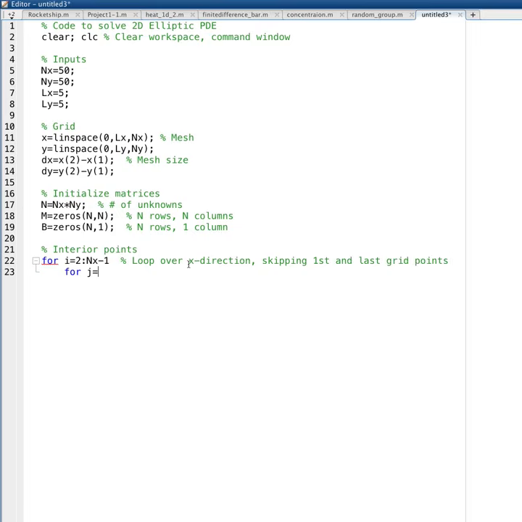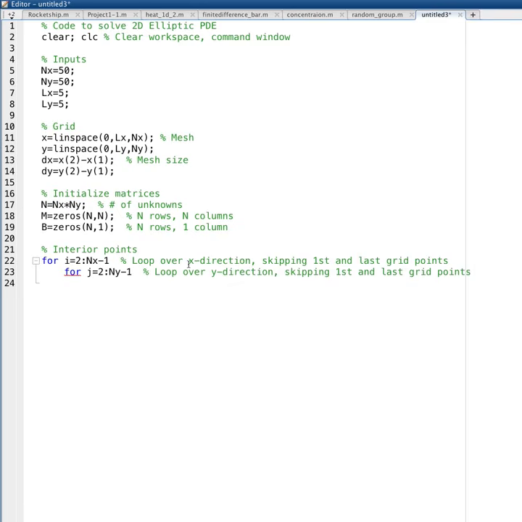Then we're going to do for j equal to 2 through ny minus 1, which is a loop over the y direction, skipping the first and last grid points. Okay, then at each of those grid points I need to